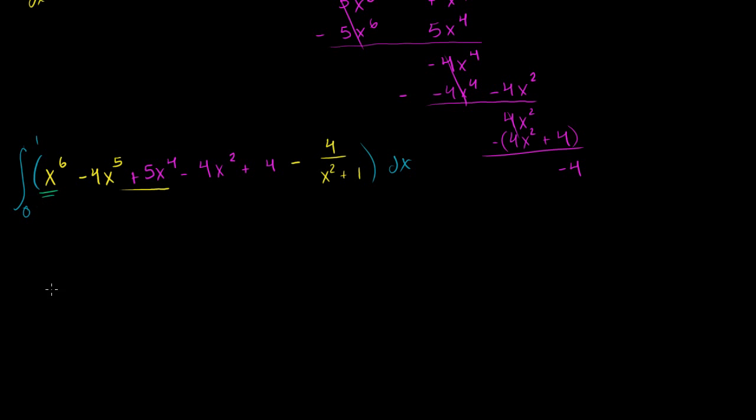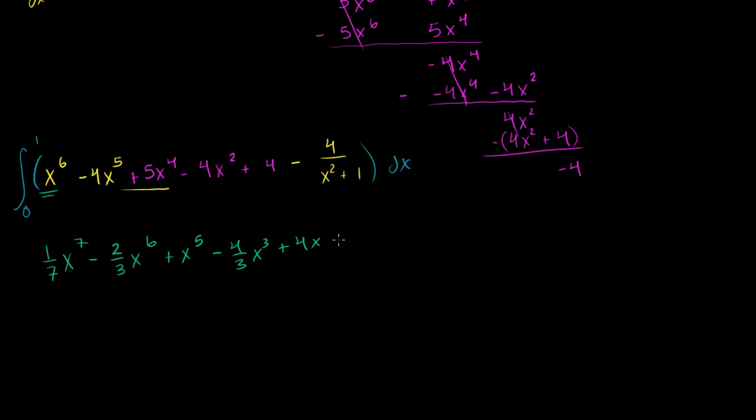Antiderivative of x to the 6th is going to be x to the 7th over 7, or 1/7 x to the 7th. Antiderivative of this is negative 4/6, which is the same thing as negative 2/3 x to the 6th. Antiderivative of that is x to the 5th. I'm just raising the exponent, so that's where I get the x to the 5th, and then I divide by that exponent. So 5 divided by 5 is 1. And then I have negative 4/3 x to the 3rd, plus 4x,